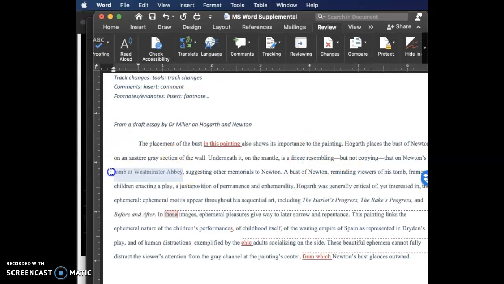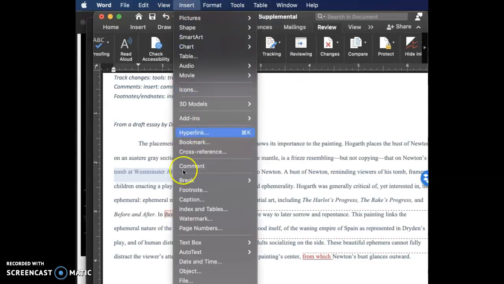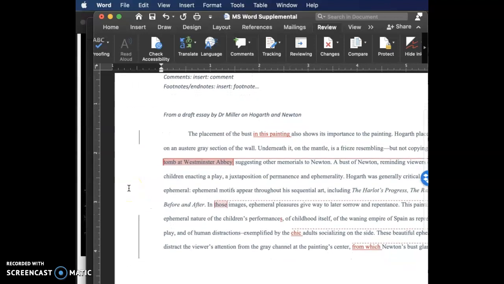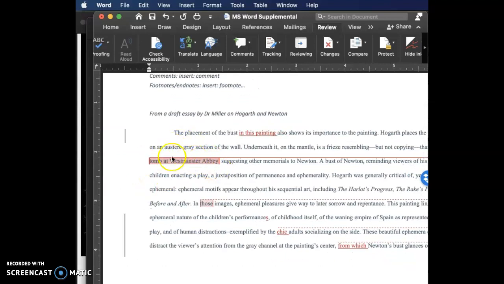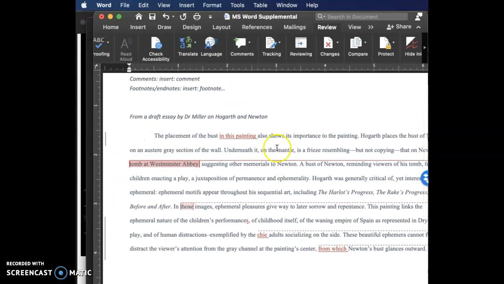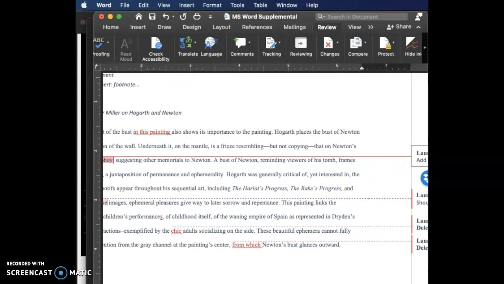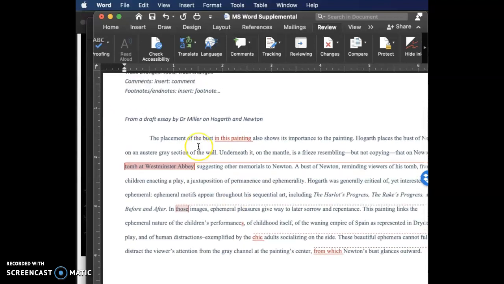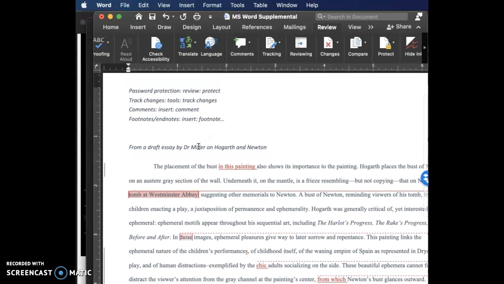So I will write tomb at Westminster Abbey to highlight and insert another comment. Add image of tomb, question mark. So you'll see there, it will highlight that in sort of a pale red, and then, it will guide you over through that little line to the margin where your comment goes. All right, so